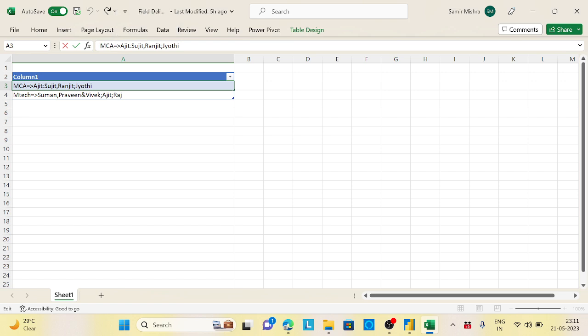MCA degree. And these are the four students who got enrolled and qualified for the master's degree. And there is one more academic program, MTech, and these are the students there. Here the requirement is that I need two columns: the first column should give me all the enrolled courses like MCA and MTech, and the second column should give me the students who enrolled for that. The trick here, or the problem statement, is that we have different